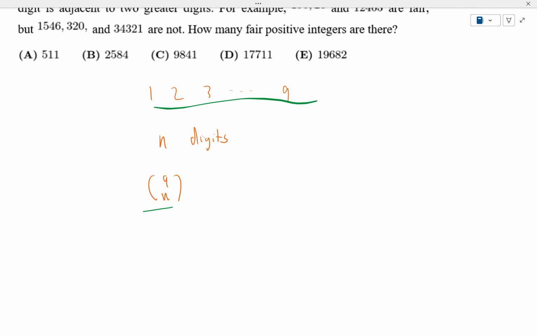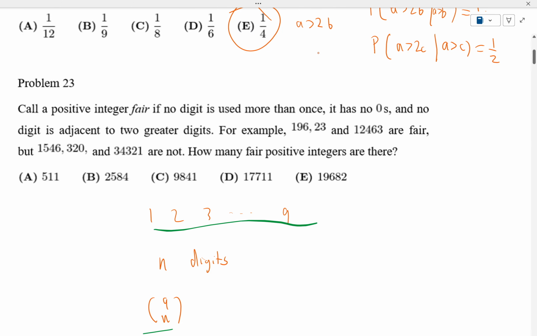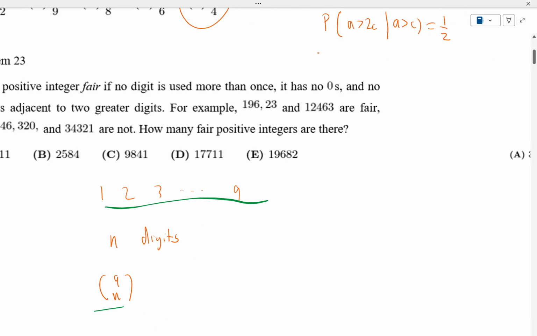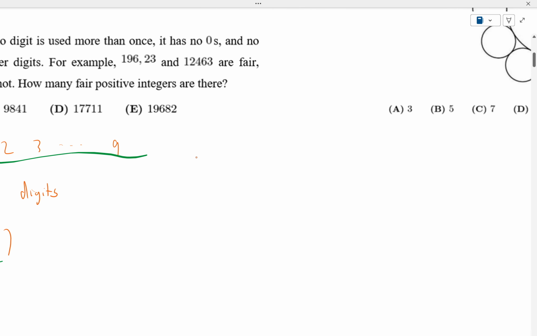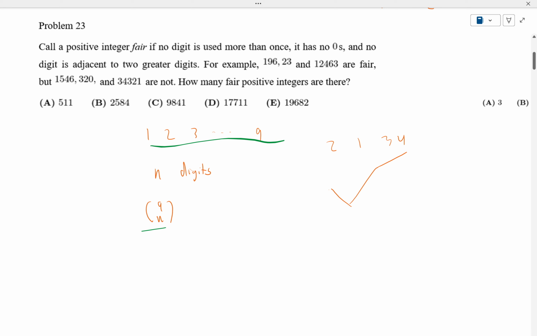And because it must be fair, you can't have, if you draw the digits out, for example, if you have 2, 1, 3, 4, it's 2, 1, 3, 4. This is not fair because 2 is greater than 1 and 3 is greater than 1. So you can't have these valleys. So it must be